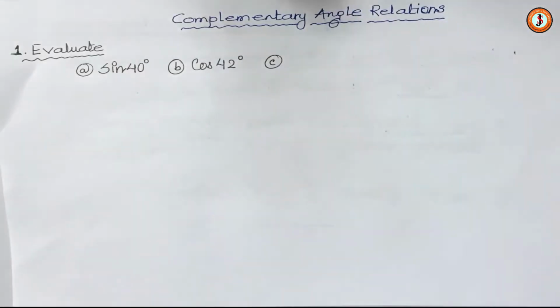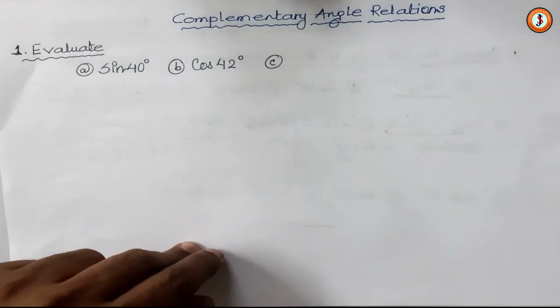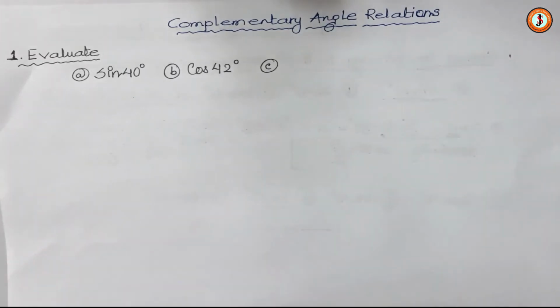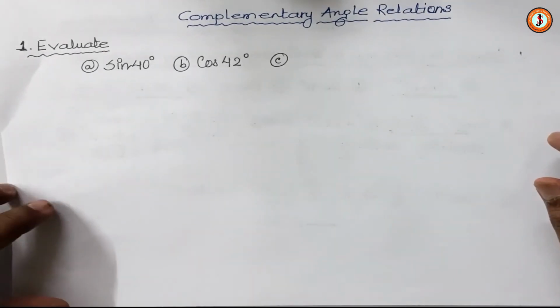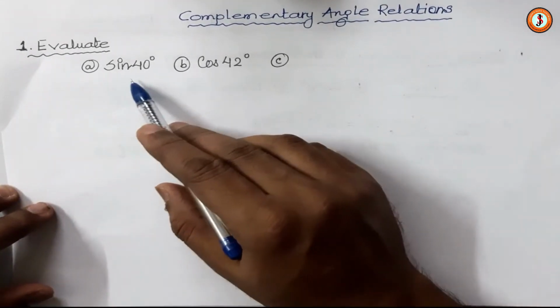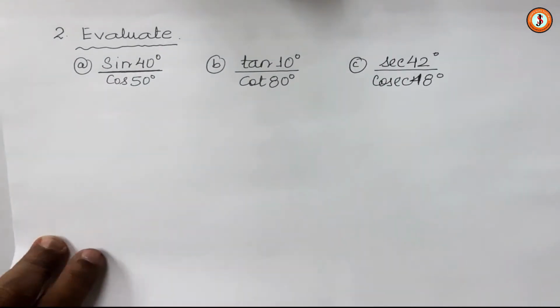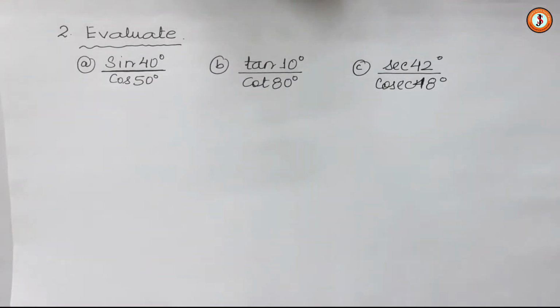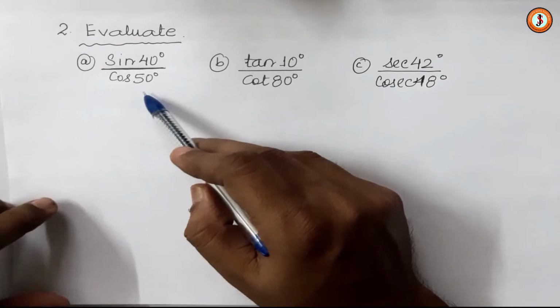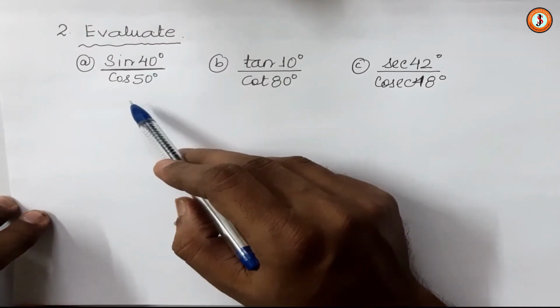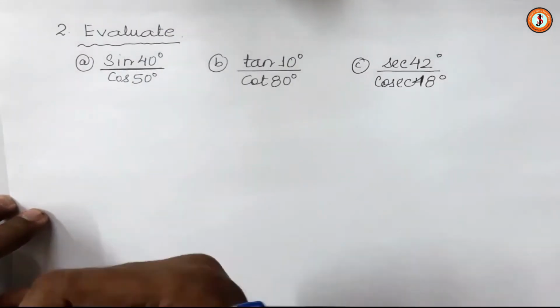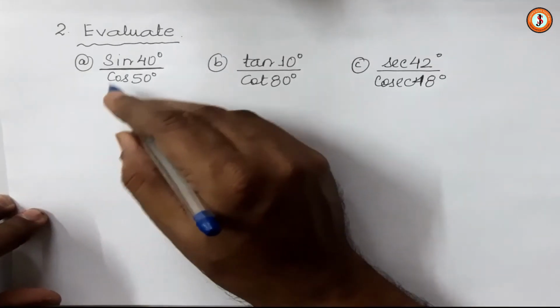Then the second type of sum comes. So let us see. I don't want to change the orientation of the page, so I quickly shift. Now see, sine 40 degree. So this is a different page. So now we have to evaluate sine 40 by cos 50. That means they will cancel out. Somewhere it is giving me a hint. Evaluate means some number should come. So how can I cancel?